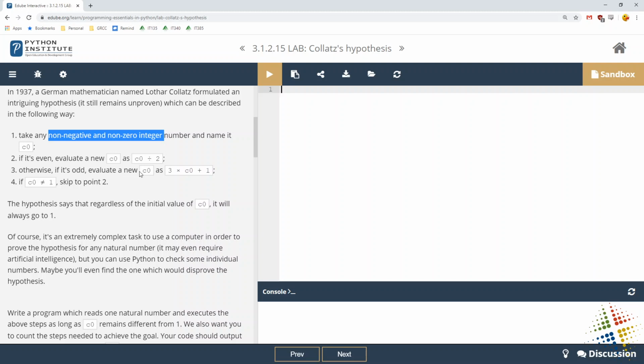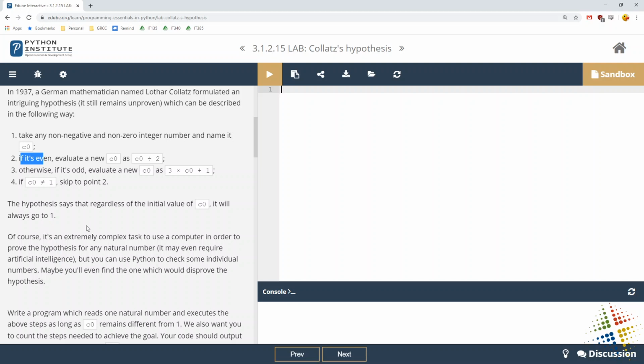Otherwise, if it's odd, evaluate C0 as 3 times C0 plus 1. If C0 does not equal 1, then go back up to line number 2. The hypothesis says that regardless of the initial value of C0, it will always return to 1. It'll always come out to 1 eventually.